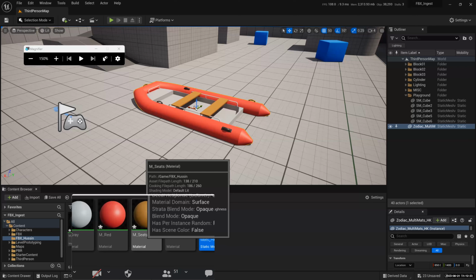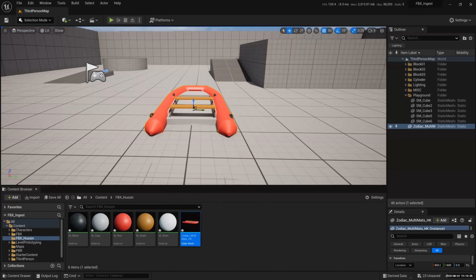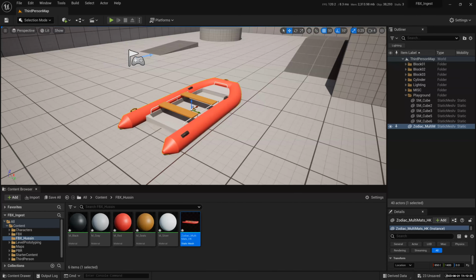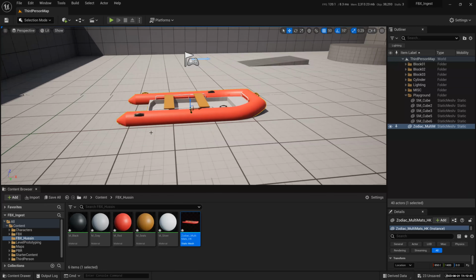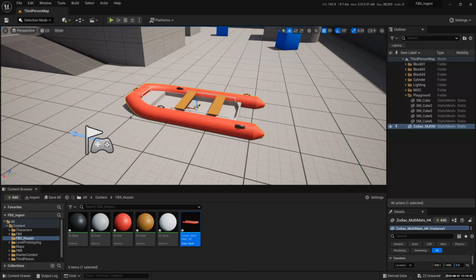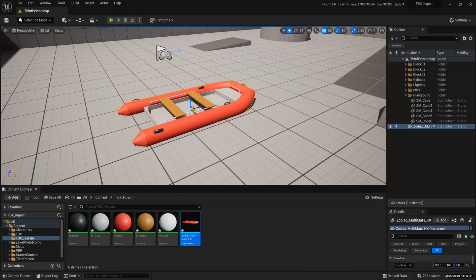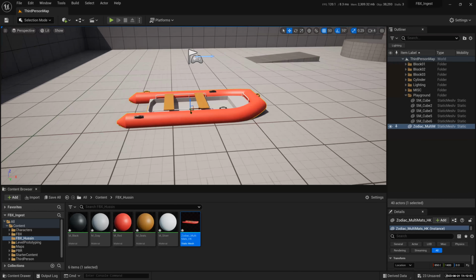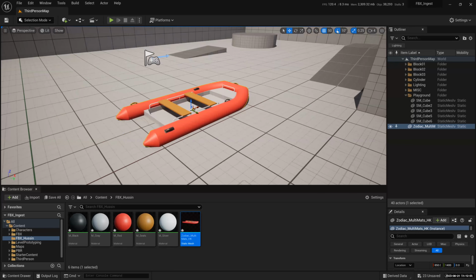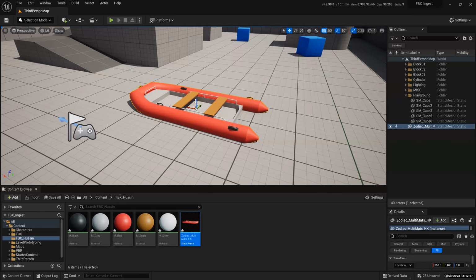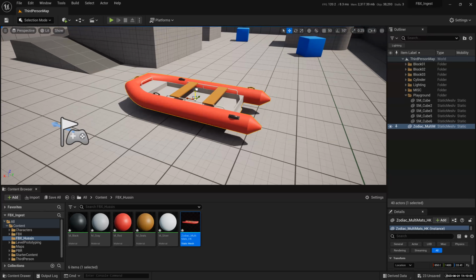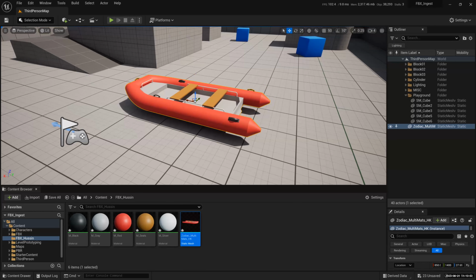So this is the Zodiac, and it's done in actual real world scale. How do I know that? Because I know that each box is 100 centimeters, or 1 meter. So 1, 2, 3, about 3.5 meters. That's how an actual Zodiac would be. Has anybody gone on a Zodiac before in their life? Maybe they could tell me whether this is a real life scale. That's the N key. Okay, sitting on the floor now. So that's a Zodiac.